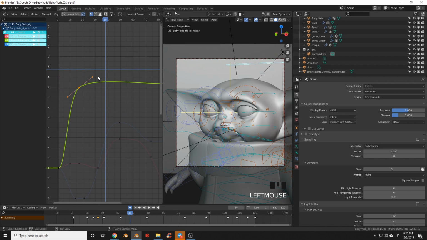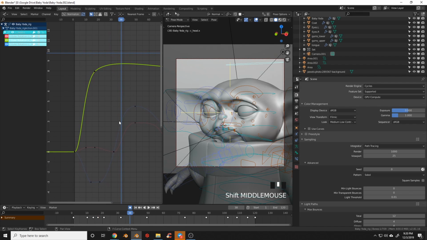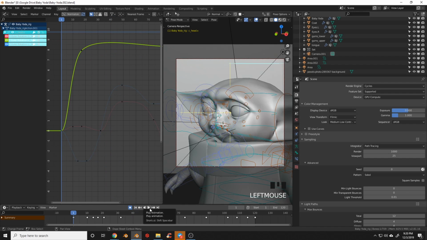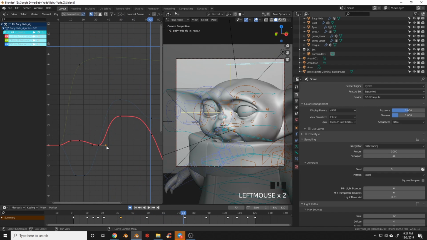Now, another thing too is this is the value that correlates. So if I grab this and bring it up, this will give me a little bit of overshoot so that he'll land on his position, go a little bit above, and then come back in. And this gives you more natural motion. That's called follow through because you never stop dead in your tracks. So adding a little bit of follow through can also help add some realism. So there we go. That's feeling a lot more natural. I think here I want more of a pause.